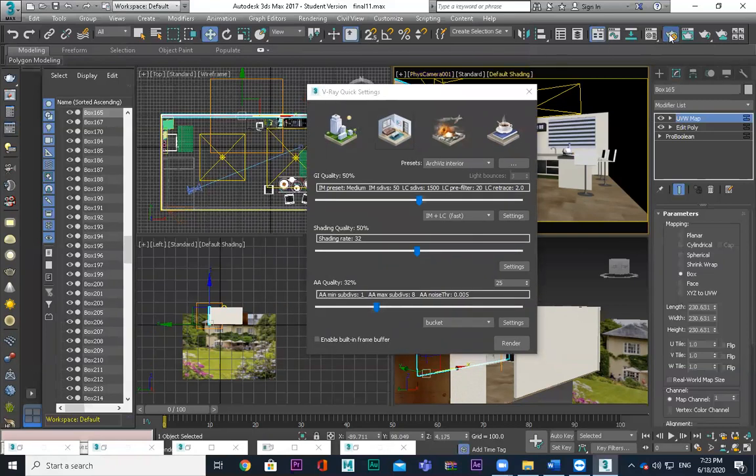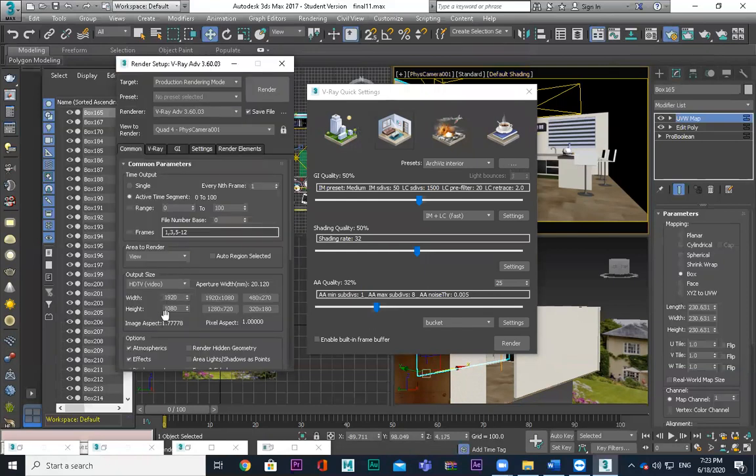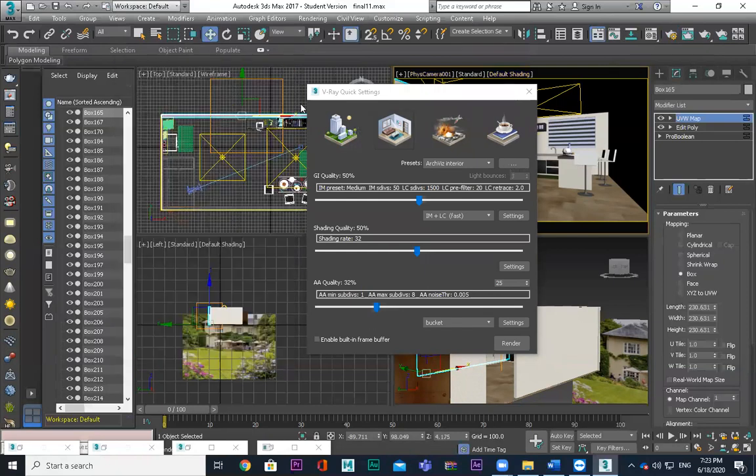What we have learned is advanced one, that is manually how to set everything. Right now in 3ds Max, we can do exterior, we can do interior, we can do VFX work, we can do studio kind of work, right? So based on that, V-Ray quick setting in 2017, what they have introduced is 3 options. One is for exterior, where they do not need much bounce back light. Okay, in exterior you don't need a bounce back light.